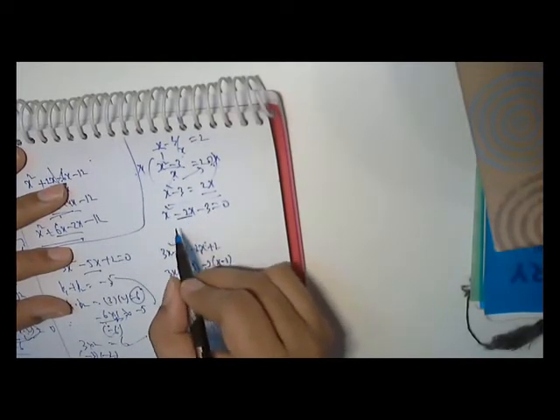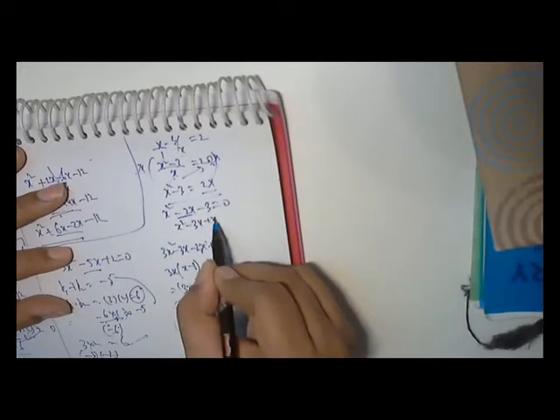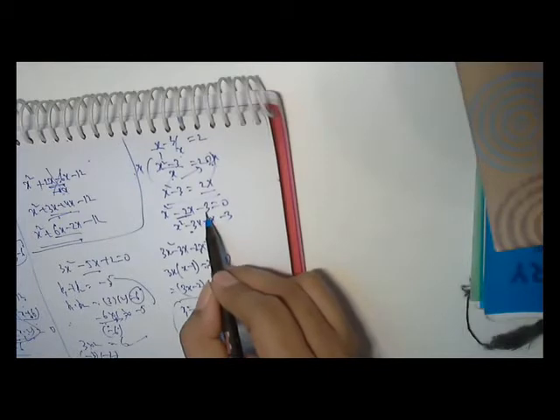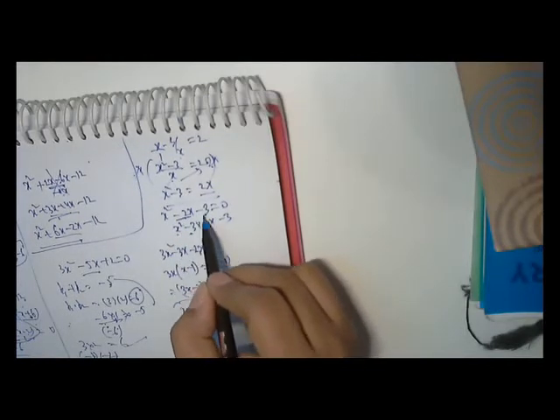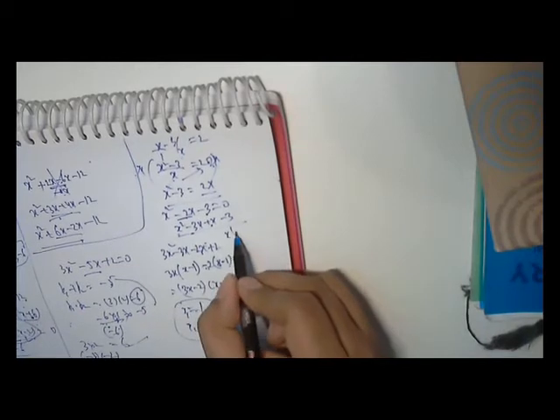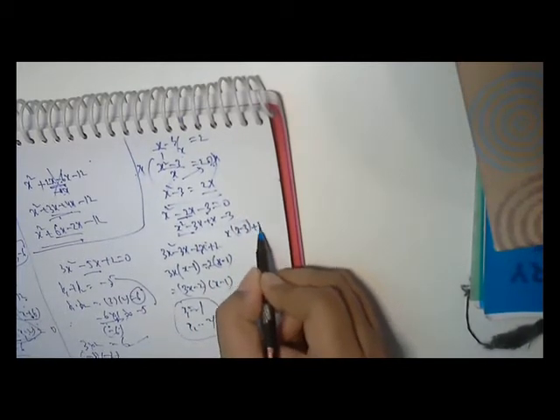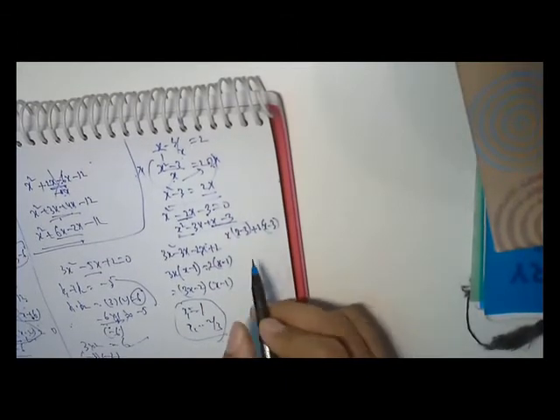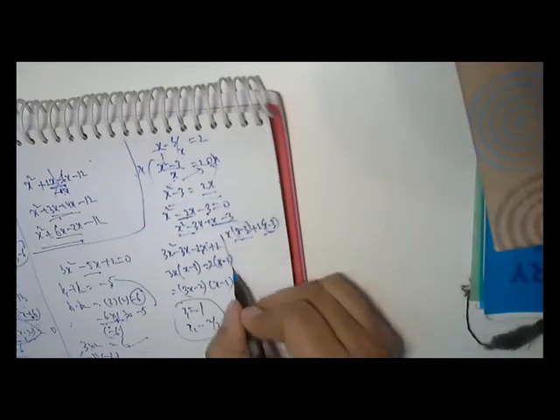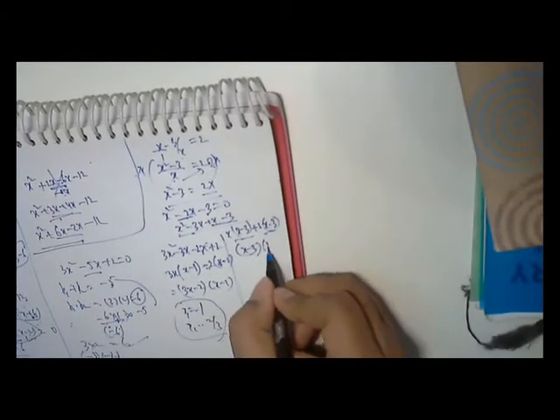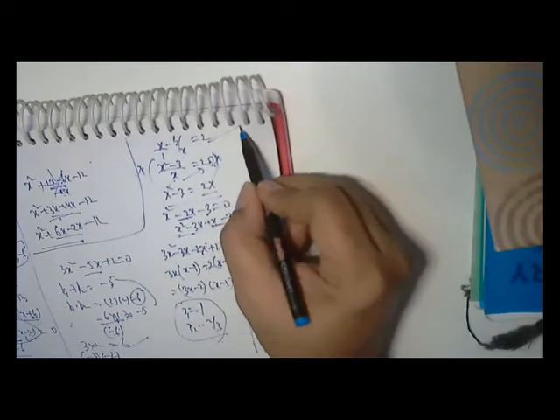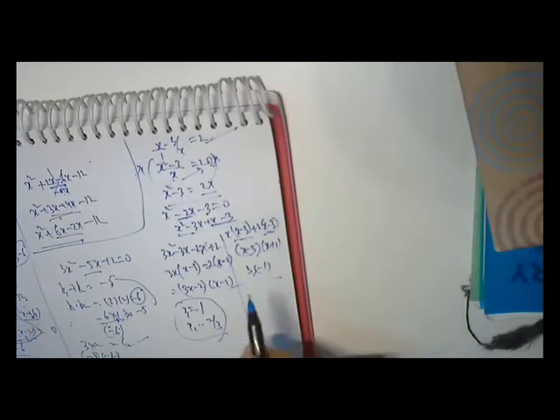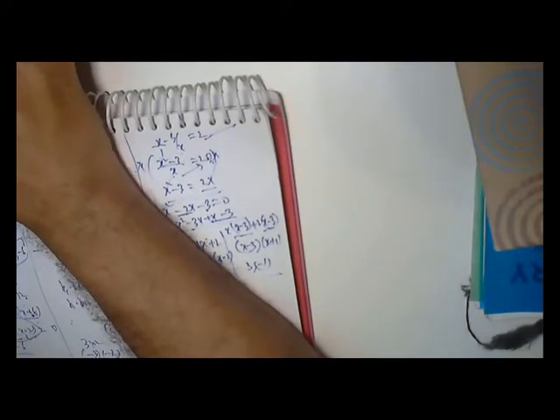So this I'm splitting in terms of x squared minus 3x plus x minus 3, because minus 3 plus 1 is minus 2, and minus 3 into plus 1 is minus 3. So I have directly done b1, b2 by seeing itself. So here it is becoming x. If I take x common, x minus 3, plus here I have to take 1 common because I want to put it in brackets so that there is a common factor. So then this becomes x minus 3 into x plus 1. So this function is 0 when x is 3 and when x is minus 1. Okay?